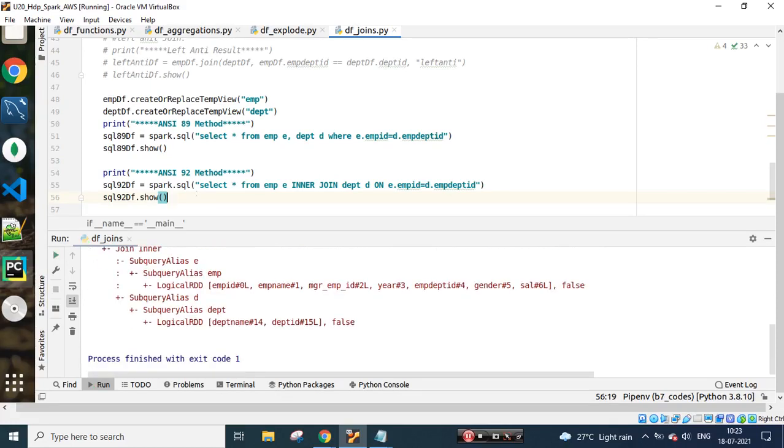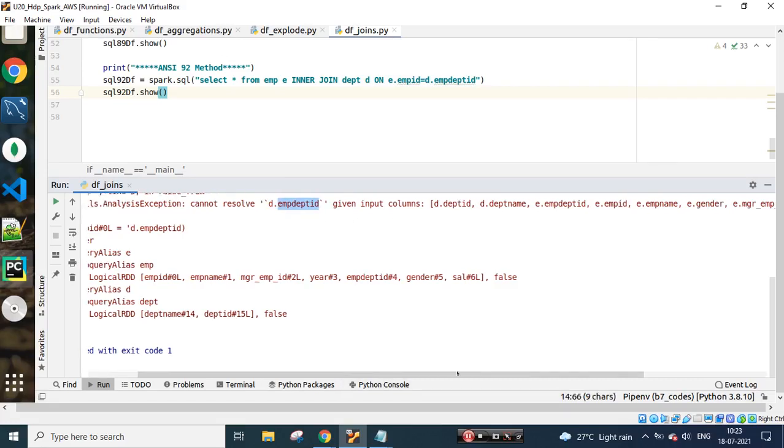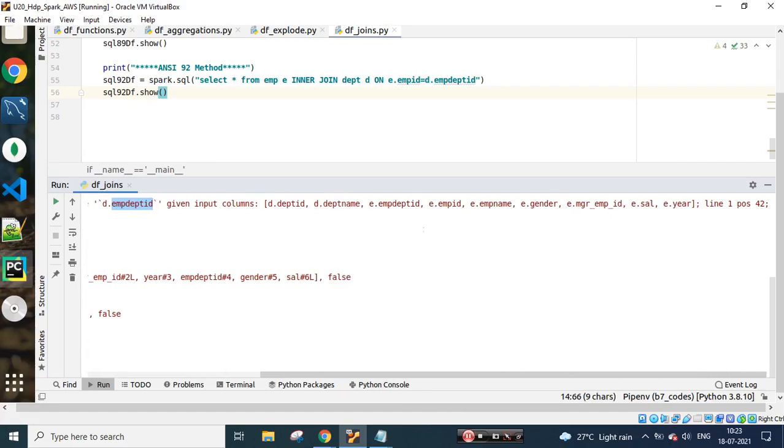Because when it goes to peer review, at that moment they will ask why you did not follow the best practice, because there is a checklist which they go through, and it will not be a good thing. So there is an issue here: it says it cannot resolve this column, and there is some ambiguity in the column name. So the column name is nothing but